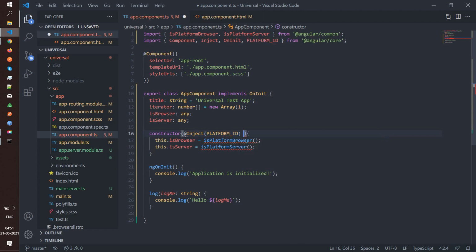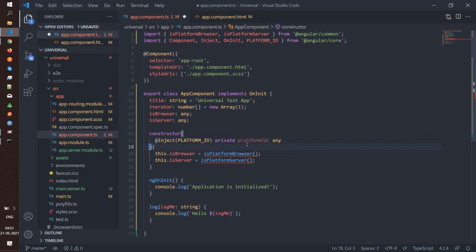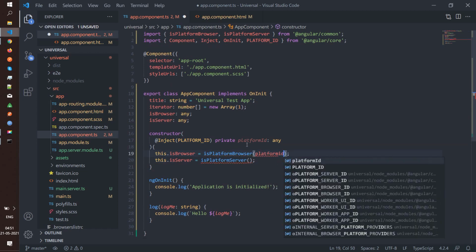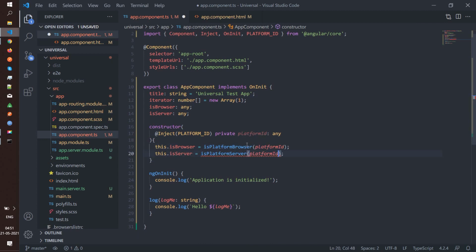Okay. Now let us provide it as a parameter. Cool.